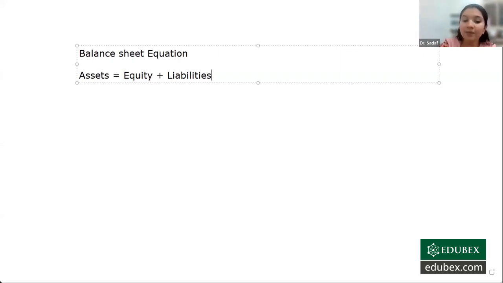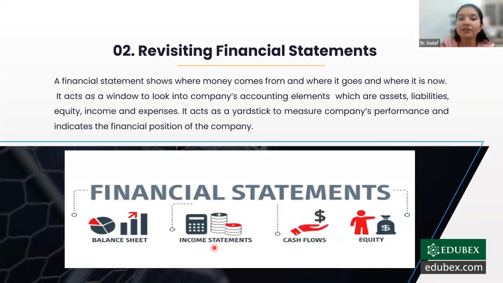Then coming to the second aspect here, that is about the income statements. So income statement refers to the profit or loss statement. Income, earning statement, profit or loss statement. This statement talks about how much profit a company has made. So there is again a formula or an equation through which we calculate the profit or loss